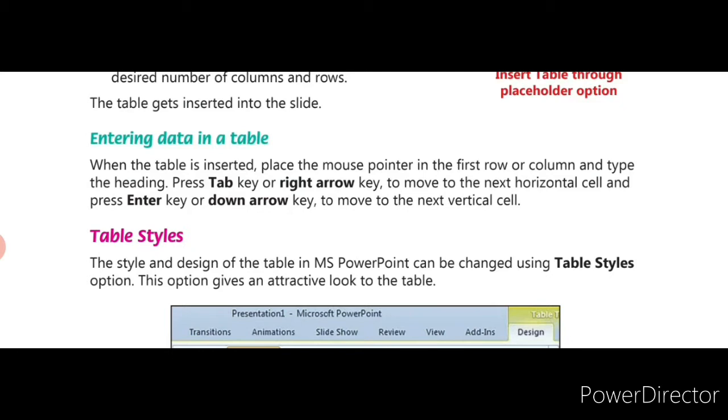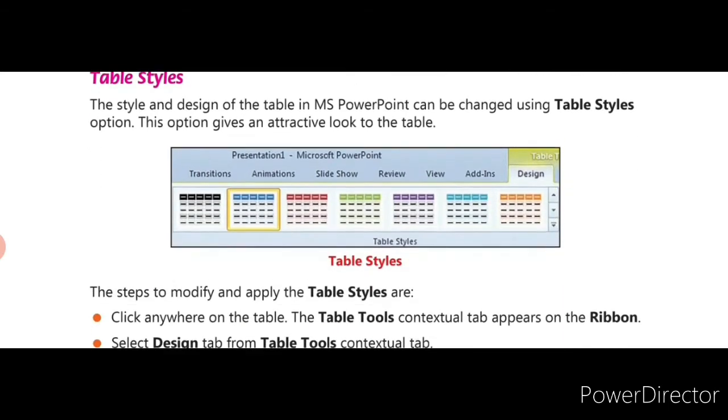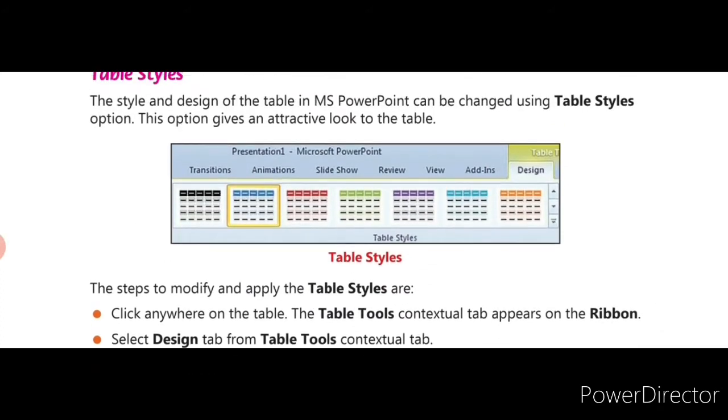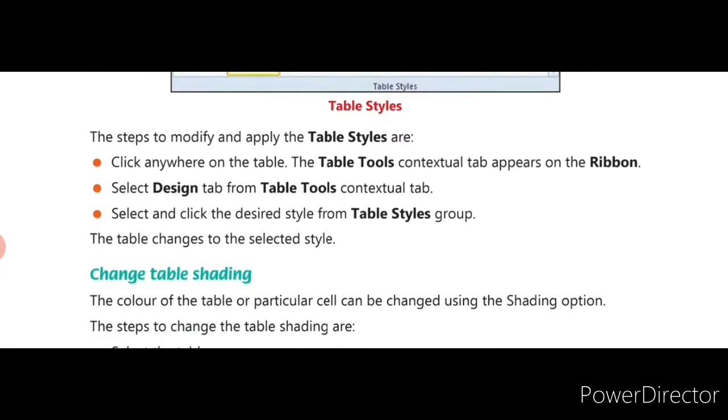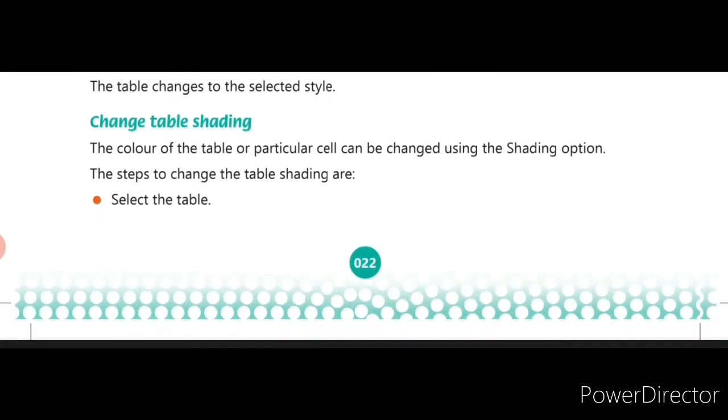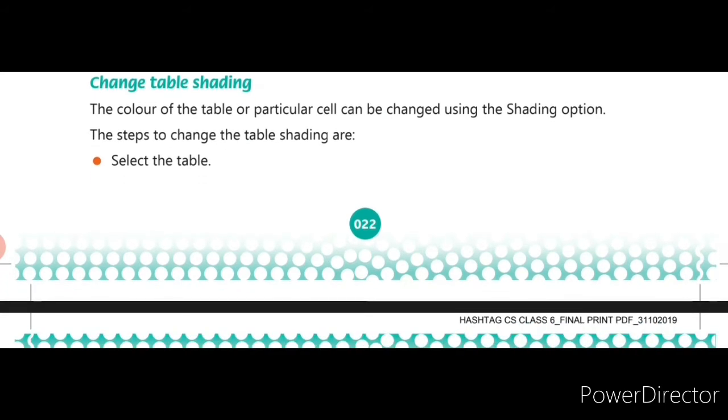Next we have seen how to apply borders and effects in MS PowerPoint. What is the border? What are the steps to apply a border? We need to select the design tab and the borders drop down button from the table styles group. In order to apply effects, we need to click the effects drop down button from the table styles group. It shows three options: cell bevel, shadow and reflection. So this is the effects drop down button.